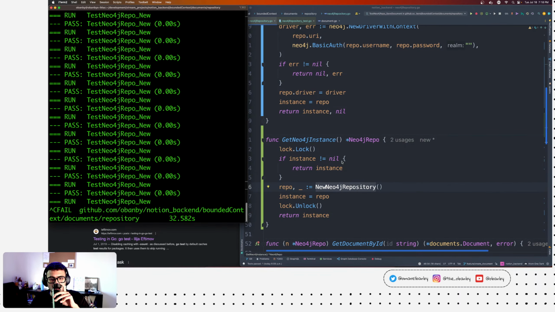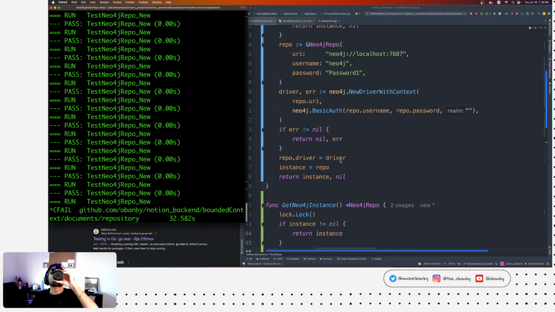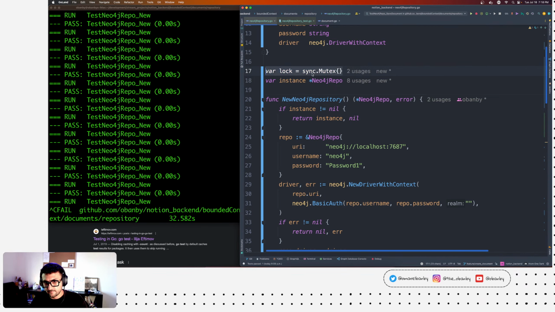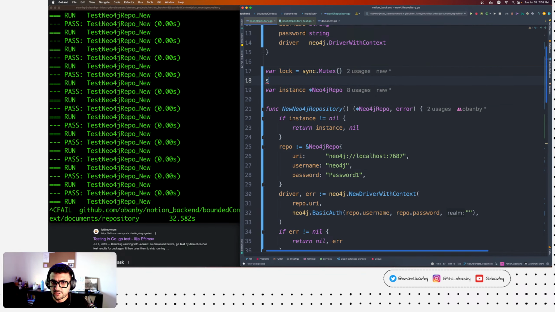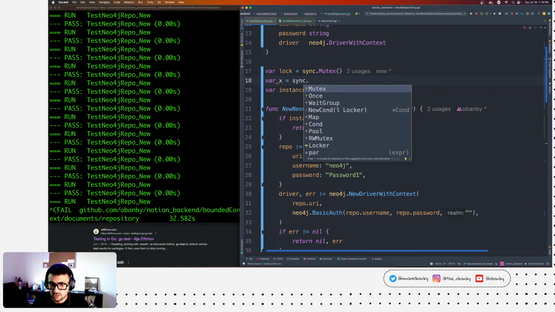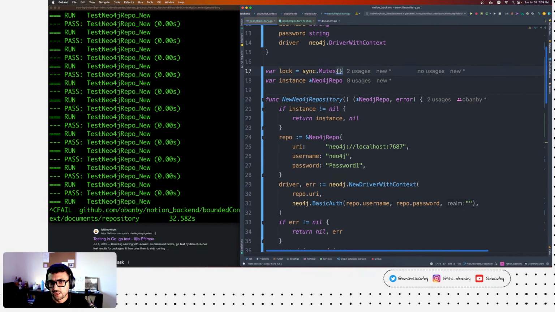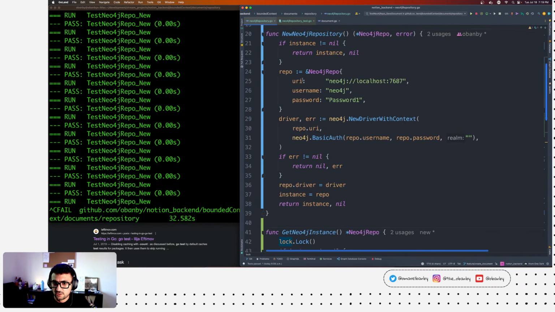So let's see. Actually, let's see, sync, var act equals sync. Yeah, there it is, that mutex. You can say lock.